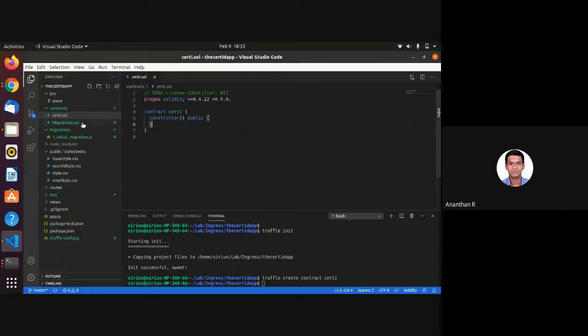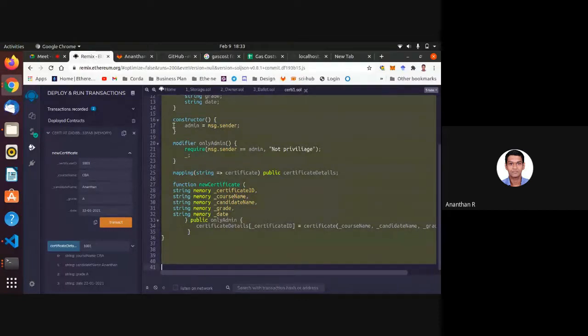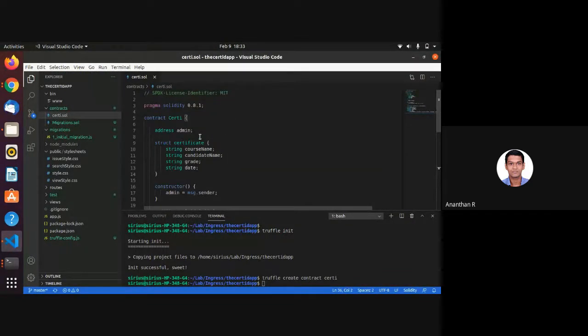So we'll be replacing this with the code that we just created. So just copy it from here and paste it over here. Now we have our contract. So we can go ahead and compile that. We can do that using the,